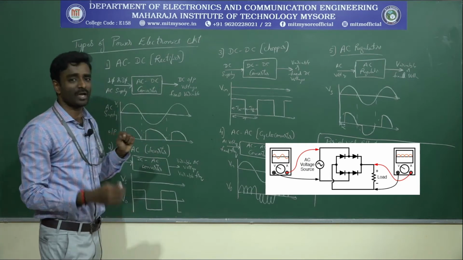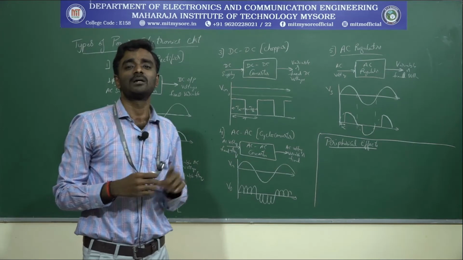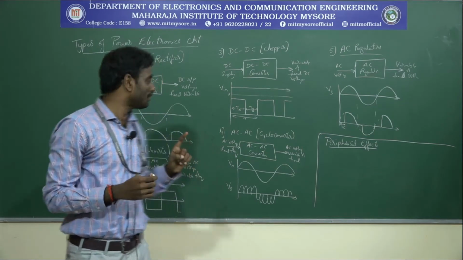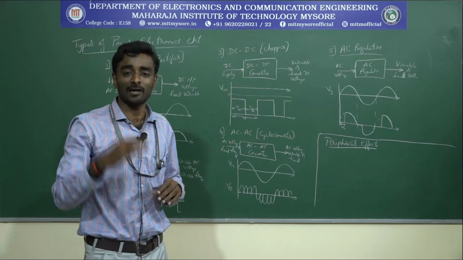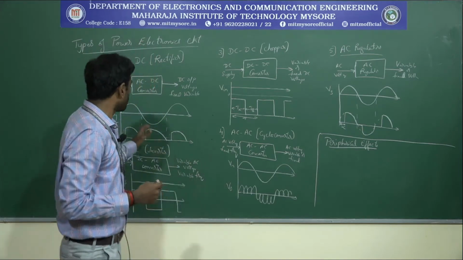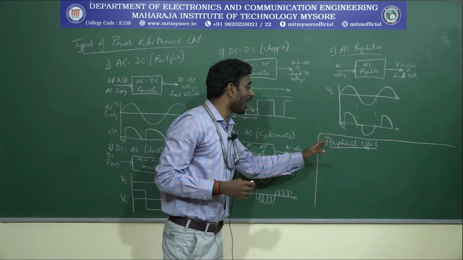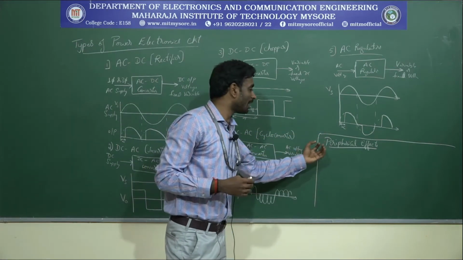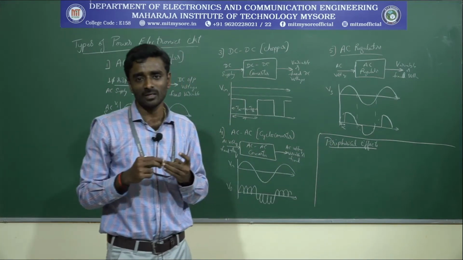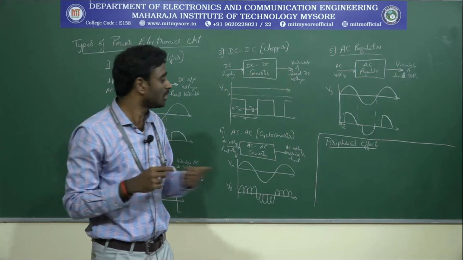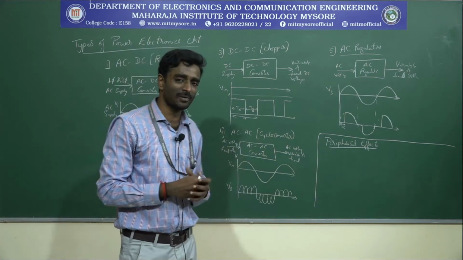And when we are gathering a desired output, some distortion will occur. That distortion can be of any form, and also spikes of noise will occur, and harmonics can also occur. To overcome all this, we are using some filters that will be called as peripheral effect. These harmonics and noise and spikes at the peak value of your circuit and whatever the distortion, all will be called peripheral effects.